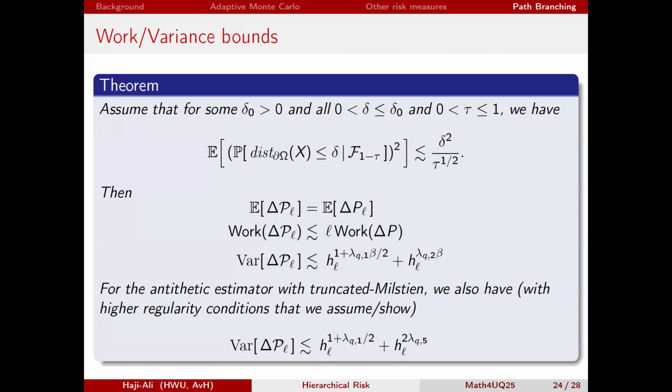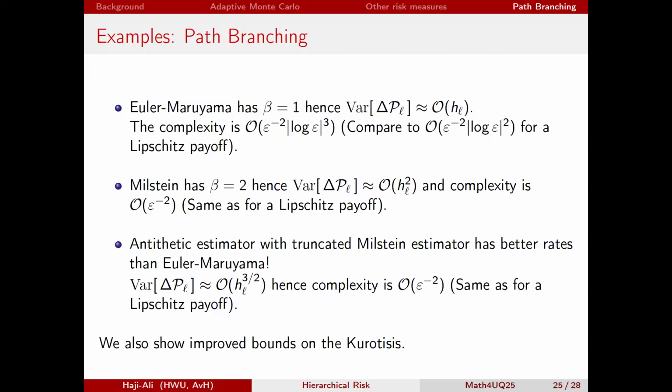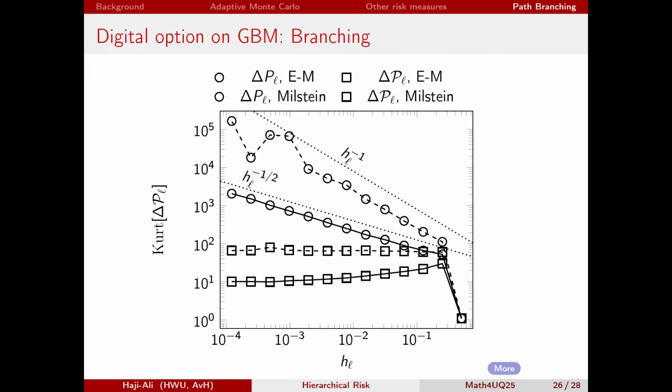For the antithetic, this one will dominate because it's 1 plus half, essentially, again, ignoring these constants. And I get almost the same as a good variance for a Lipschitz function. But in all cases, I get the optimal complexity of multilevel Monte Carlo. Not only that, we also prove bounds on the kurtosis. Essentially, if I look at this new estimator, these are in squares for both Euler-Maruyama and Milstein, and as well the antithetic, all of them have bounded kurtosis. While if I look at just the original one, as we saw, the kurtosis blows up.